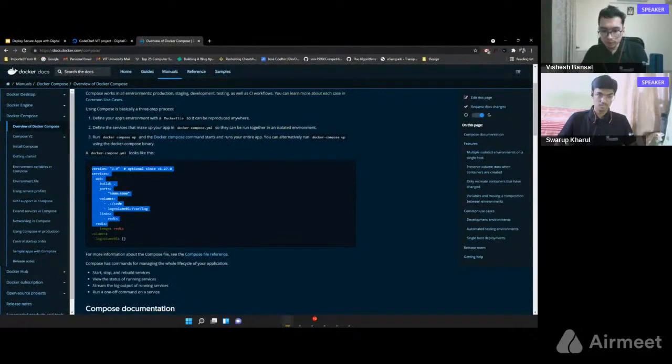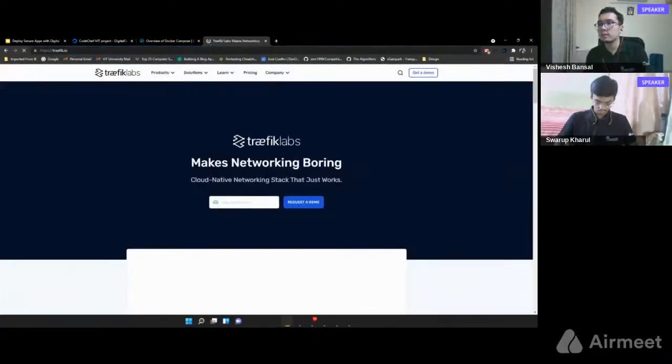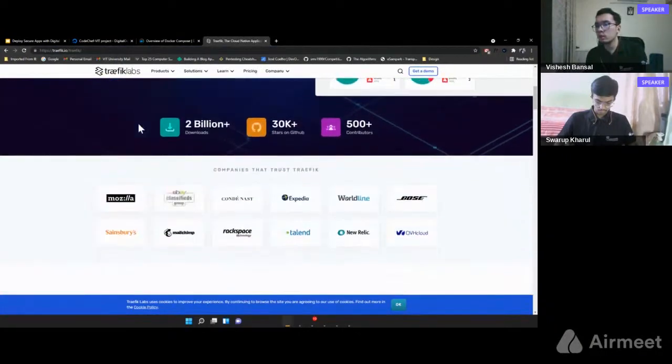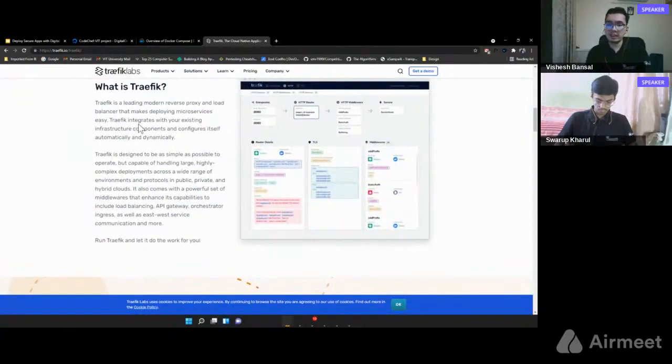So why Traefik? We have different reverse proxies, but Traefik is one of the most preferred among them. Just a second, I'll open the documentation for easy reference. Yeah, so we have Traefik proxy. Why do you use Traefik proxy? Because, unlike other proxies like Nginx, Traefik is very simple. All you have to do is install it, and it'll automatically handle all your requests. You don't have to worry about setting up reverse proxies like Nginx, because this is very smart and does everything by itself. Traefik does it all for you.